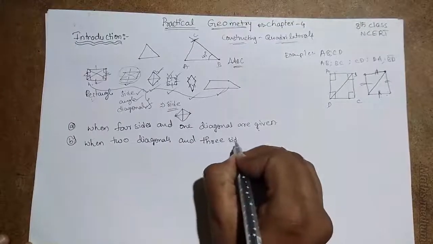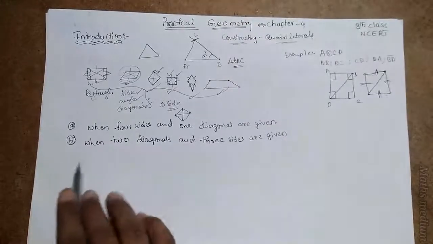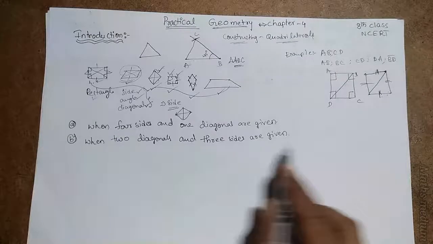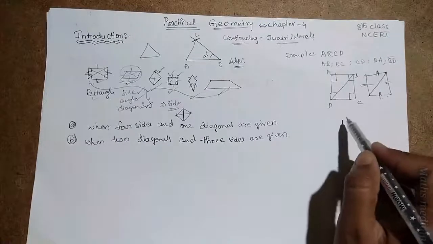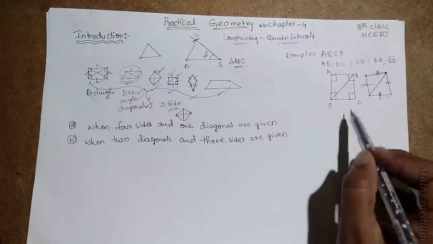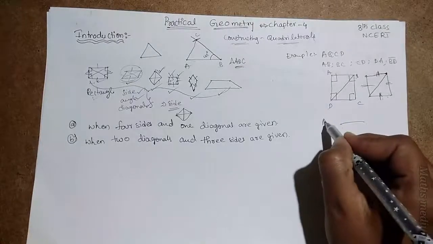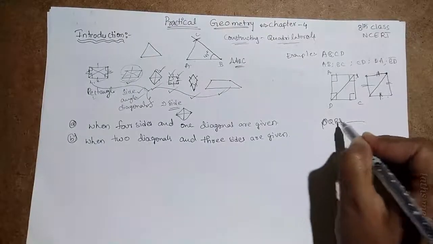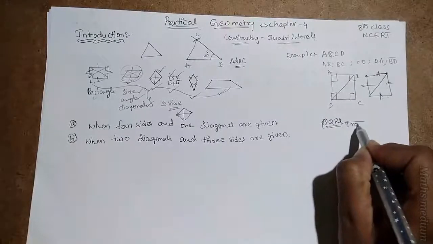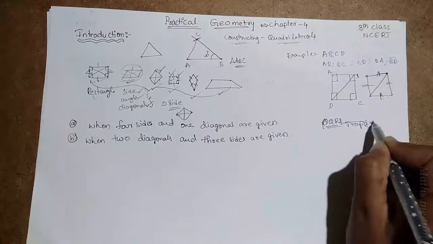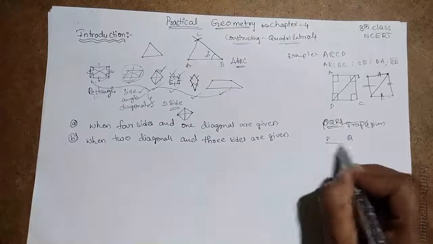3 sides are given. So see this, in this case 2 diagonals and 3 sides. So if you want to construct a parallelogram, for example, or a trapezium also, so let it be PQRS. So 2 diagonals, that is nothing but a trapezium. I am taking trapezium as example. So PQ one side and